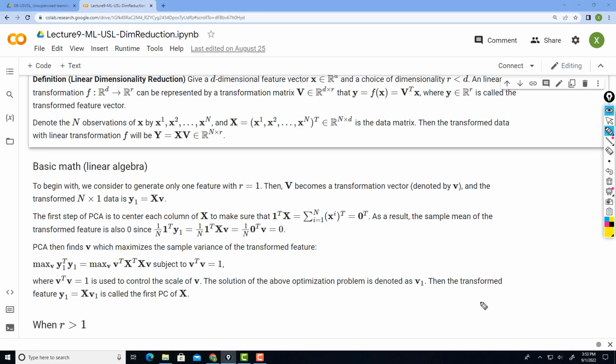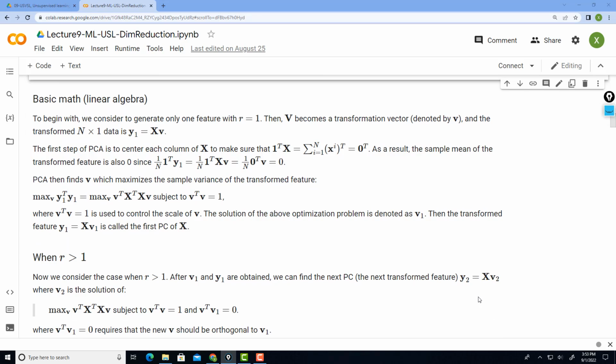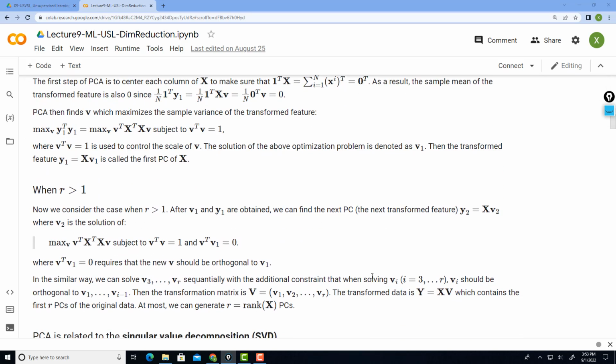So that's a very brief introduction. How do you actually solve for principal component analysis? Of course, you can extend or generalize this optimization formulation, and you can do it sequentially or in a batch way. But at the end, you will end up with the same solution: you do the eigendecomposition of the X transpose X matrix to identify the eigenvectors corresponding to the first R eigenvalues. Then these right eigenvectors give you the principal component subspace, or directions for the projection.